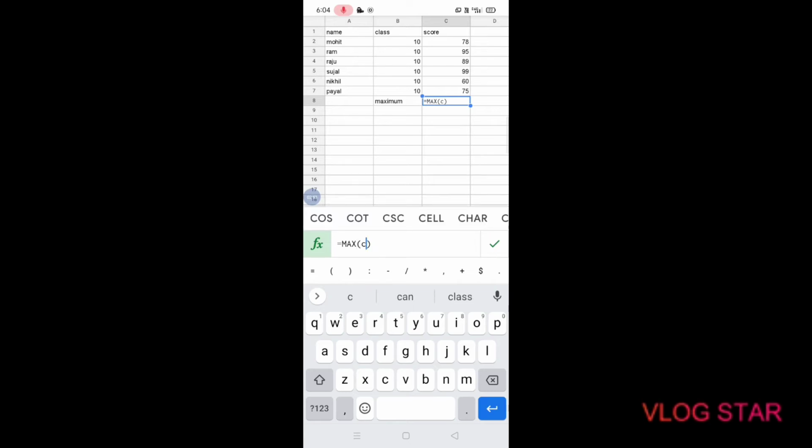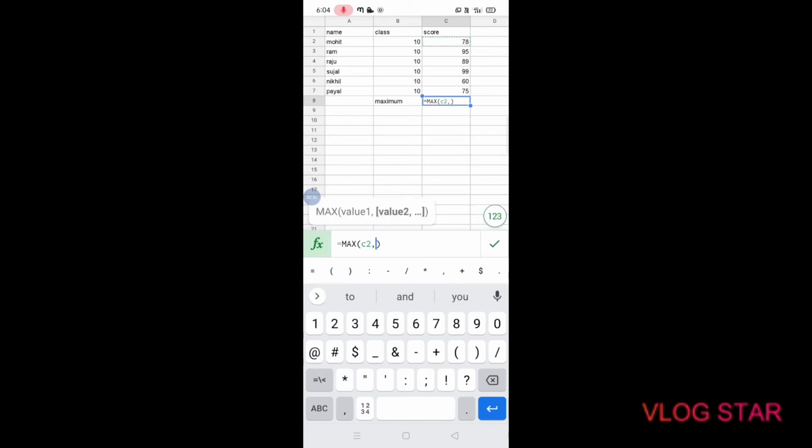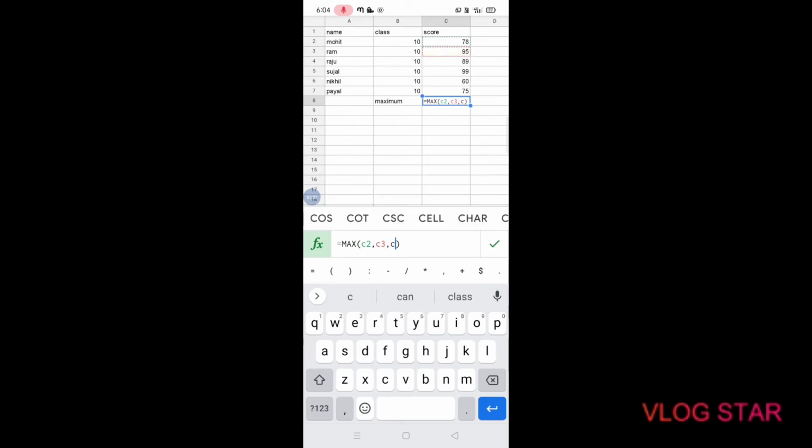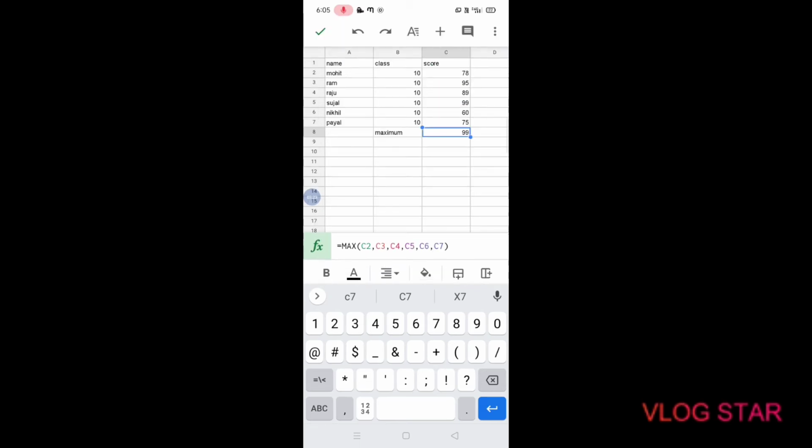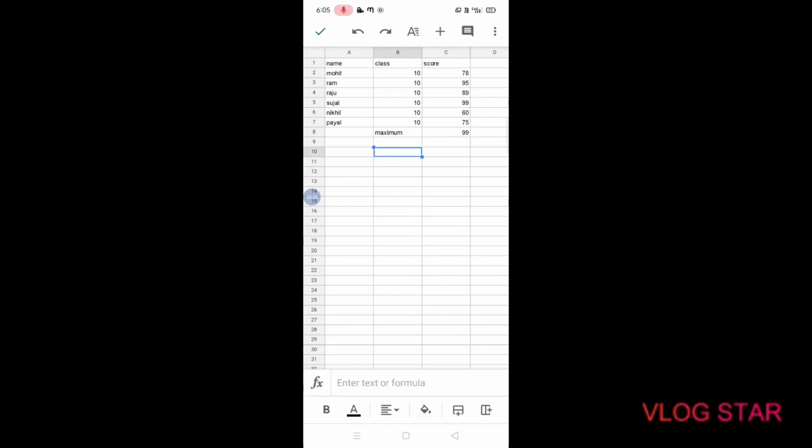C2 is here, then comma C3, comma C4, comma C5, comma C6, comma C7. Now it's done. Here you tap the right button. Here 9 is the maximum.